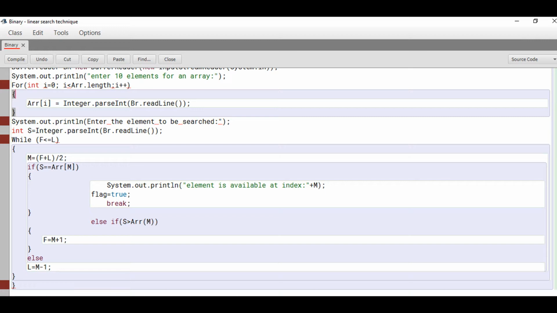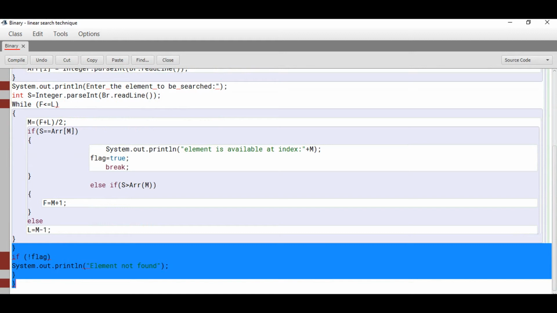Else, automatically it will be lesser than array of m. So now the last index will be middle index minus 1. This will keep on repeating until f is greater than L, and then it comes out of the loop.